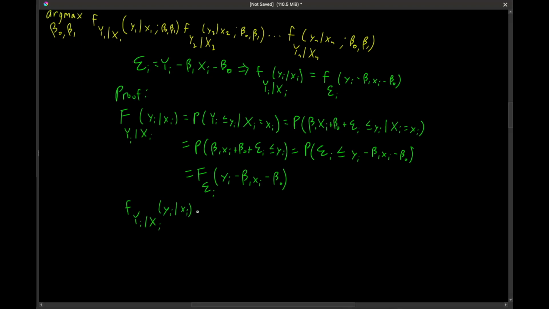What about on the right-hand side? Well, we can apply the chain rule. The derivative of the right-hand side with respect to yi is first the derivative with respect to yi minus beta 1 xi minus beta 0. And the derivative of the CDF of anything with respect to that thing itself is the PDF. So that is just the PDF of epsilon i